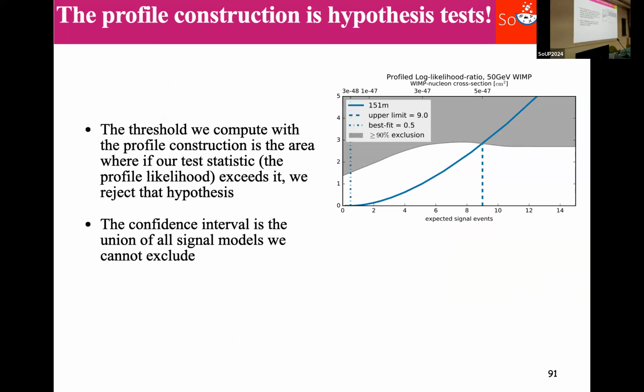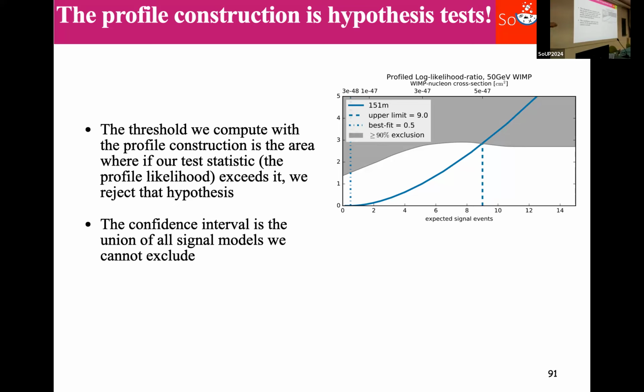So again, we have a threshold. If and when our log likelihood ratio exceeds that threshold, which means that for that signal our hypothesis test excludes that signal, that's when we exclude. Or for that matter, if you have something that went whoop, then you would exclude both here and here, and you would say, above here we exclude, and below here we exclude. In here we have the ones that are not rejected by the hypothesis test. And so again, the confidence interval is a union of all signal models we cannot exclude.